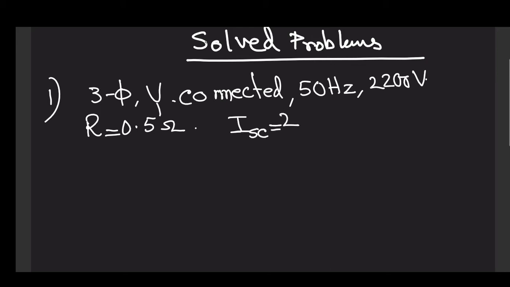ISC is equal to 200 ampere. IFSC, that is the current at which this 200 ampere flows through the armature circuit, is 40 ampere. This much current should be circulated through your field winding to ensure this 200 ampere. And this IFSC is also